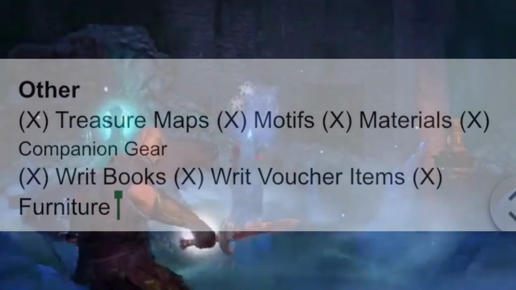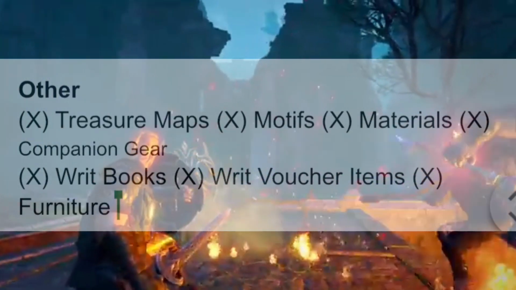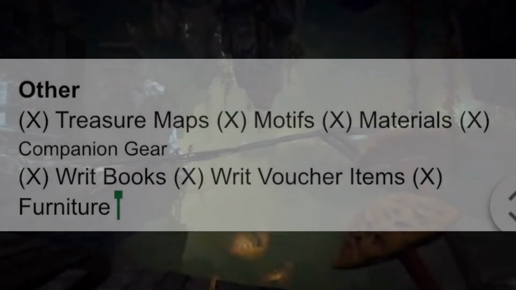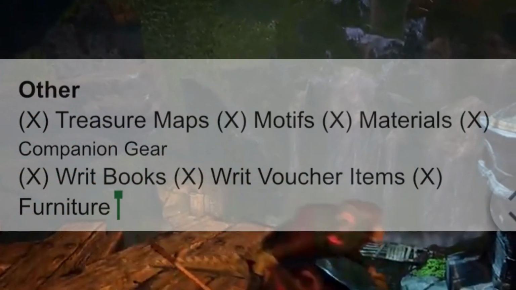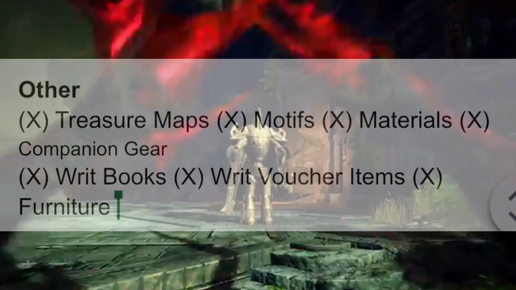Writ books, definitely the holiday writ books will be going up in value, no question at all. Other writ books will probably be remaining around the same. It is important to note, though, that the Firesong patch is relatively new, and generally, when a new update adds new crafting tables that need to be purchased by guild leaders, generally your writ vouchers sell for a lot more